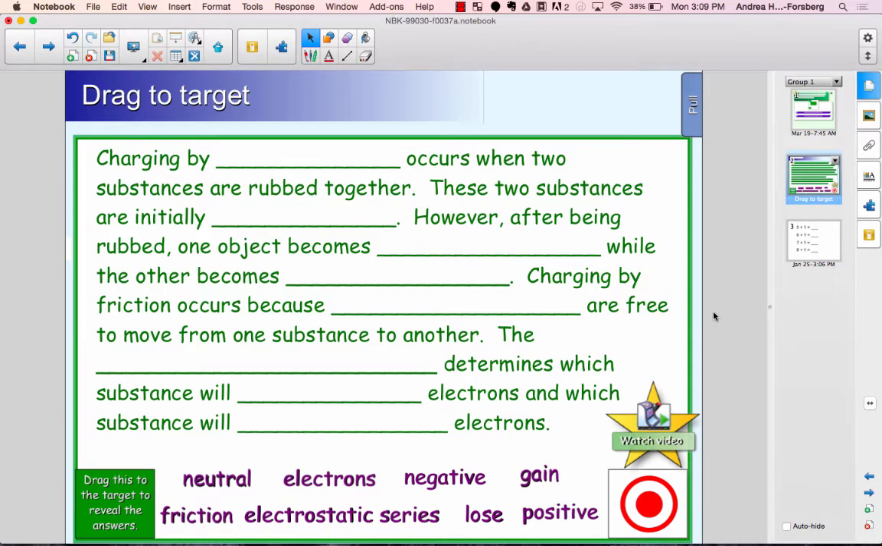Drag to target is another way to share answers with students or allow them to check their work. In this case, the teacher has put up a paragraph and given some vocabulary words on the bottom. What the students can do is drag these words anywhere on the page to where they think they